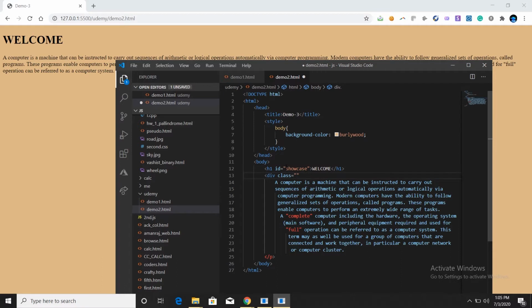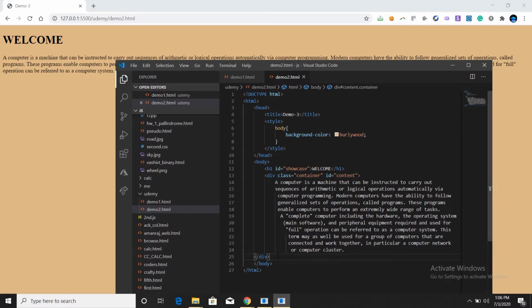I'm mentioning two things, one is class, another one will be the id. Make the class as container and make the id as anything, you just use it, let it be content. Okay, so I've given two things. First of all, a class name as container, then an id name as content. Okay, so it is done.